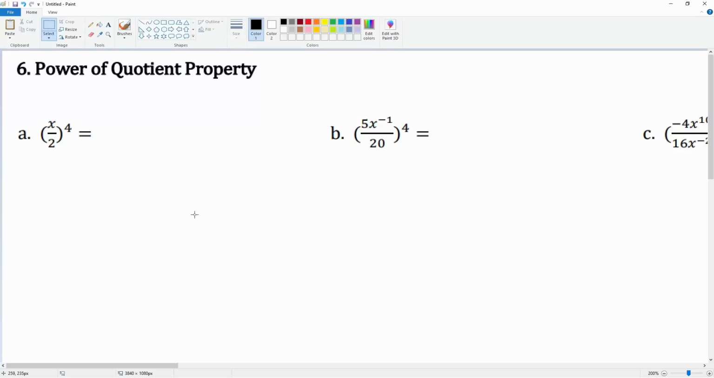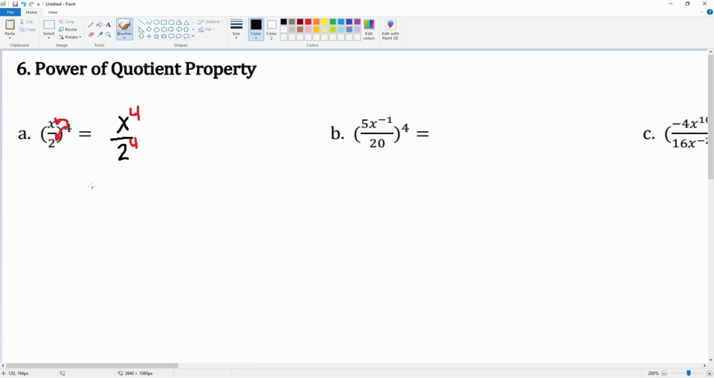We are going to now look at the power of quotient property, right? So we see the exponent of 4 that can just get distributed to the top and to the bottom. So originally we have x and a 2 on the bottom of the fraction. The fact that that 4 is distributed, it gets distributed to that x, then it also gets distributed to that